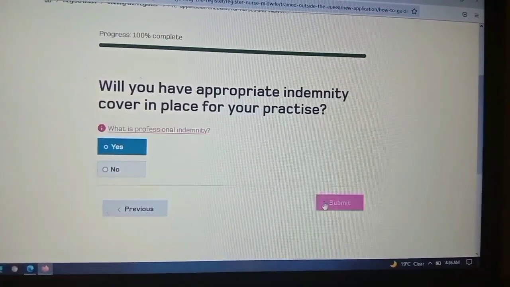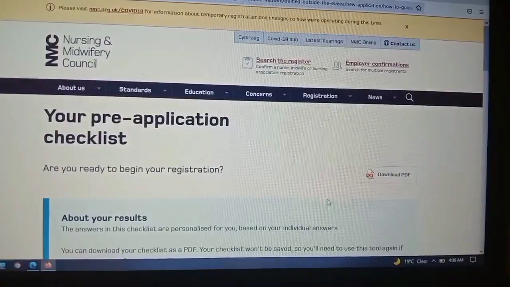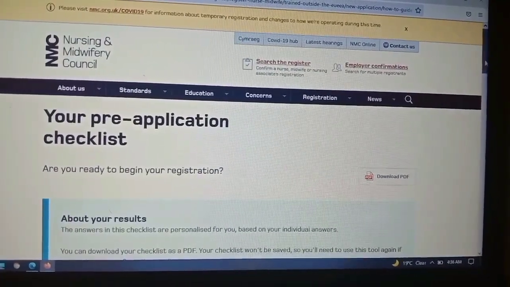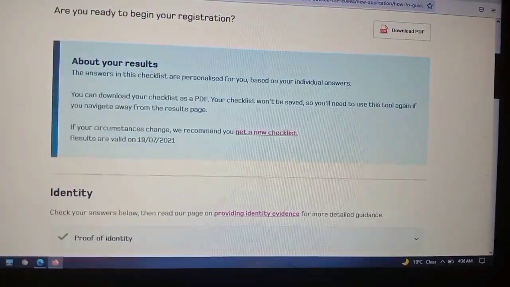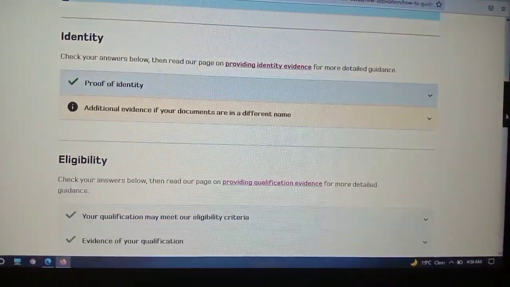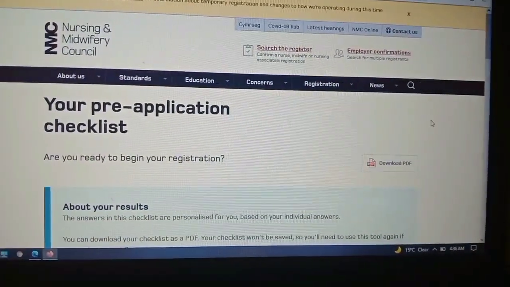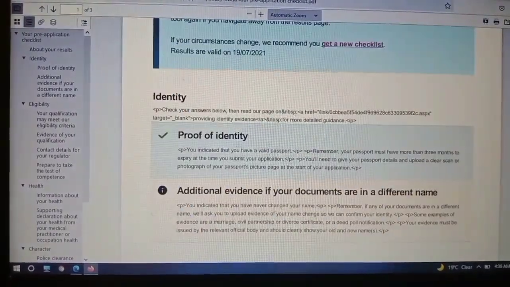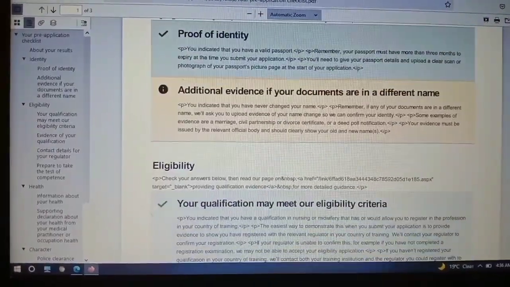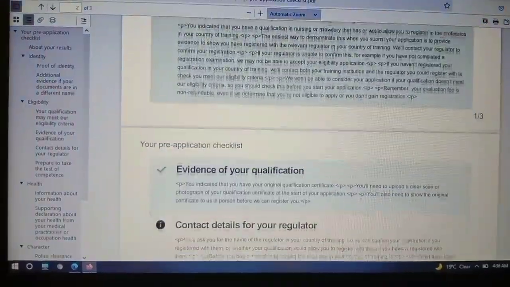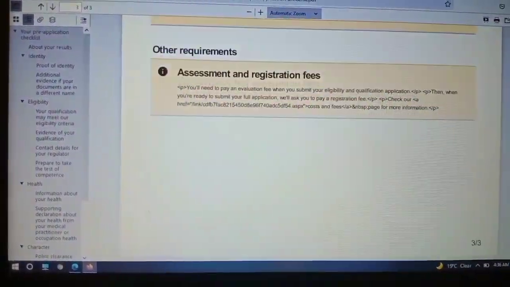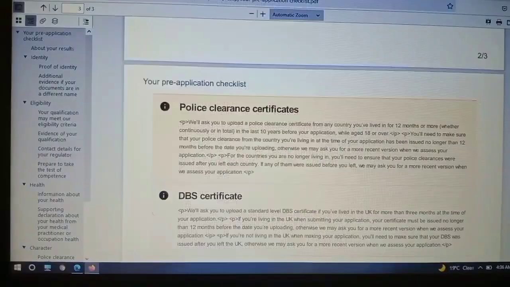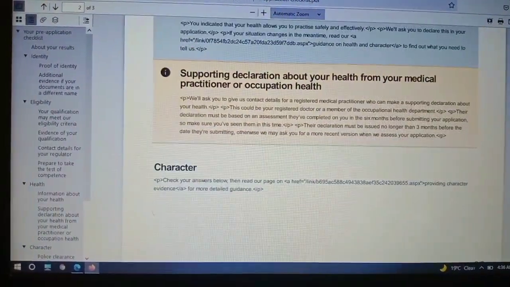So I'm going to submit it so that you will get a checklist. If you want to download that, you can download it here. So this is my pre-application checklist. According to my answers, I will get a checklist. As per your answers, you will get a checklist.